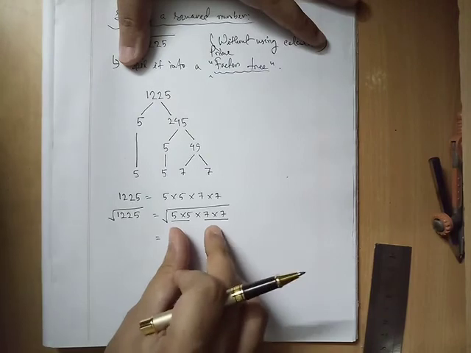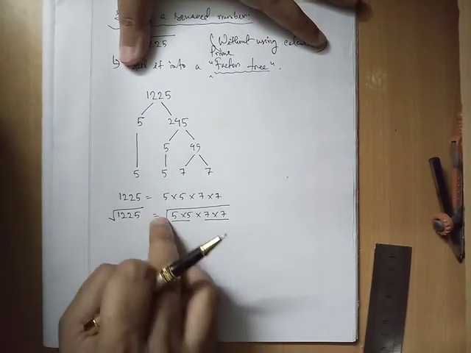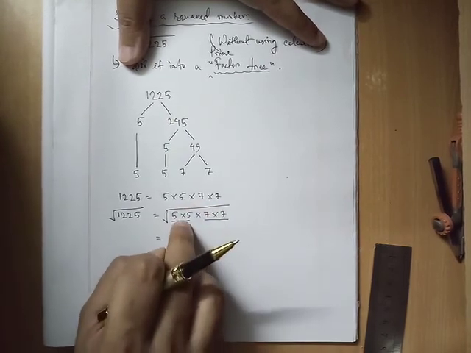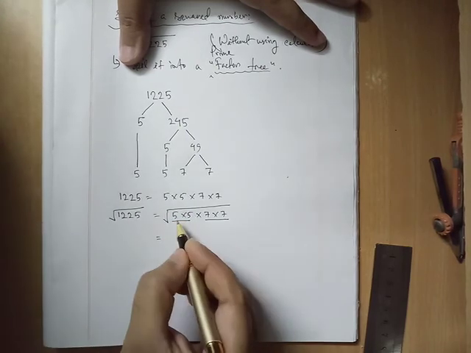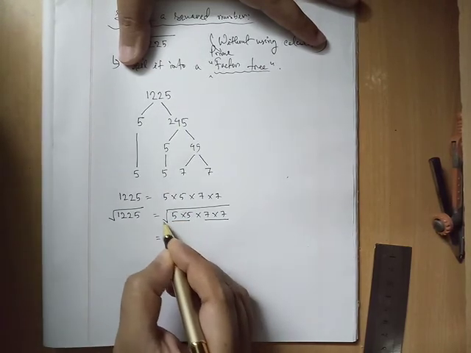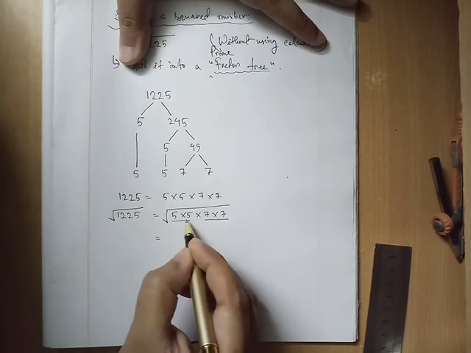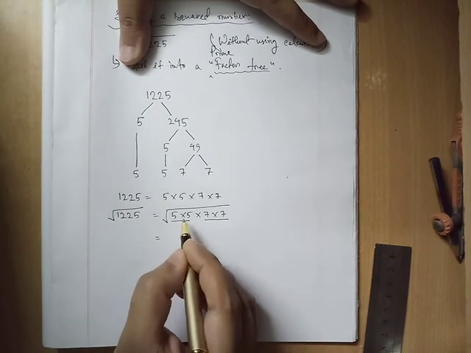If I have a pair of any particular number and there is a square root over it, we can cancel the square root by taking only one factor from the pair. I'm repeating again, if we have a pair and there is a square root over it, we can cancel the square root by taking one factor from there. So from this pair of 5, I'll only